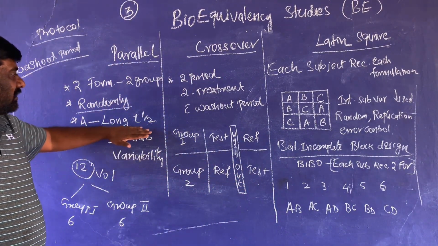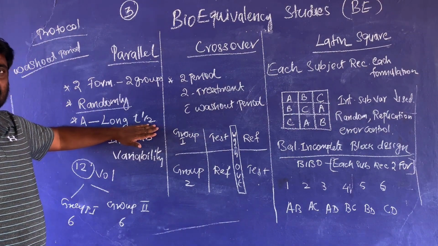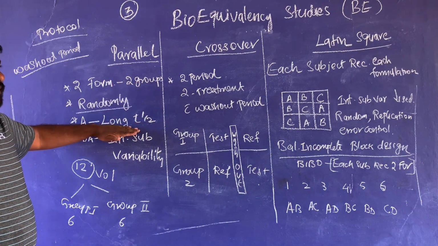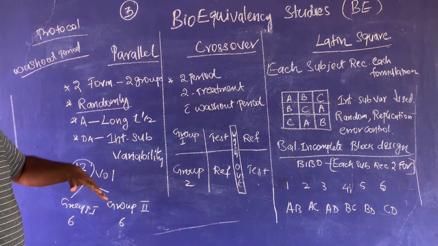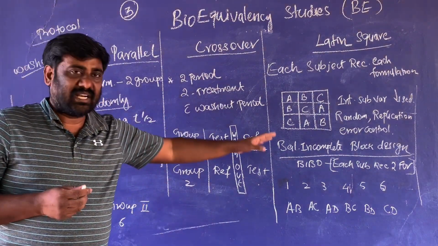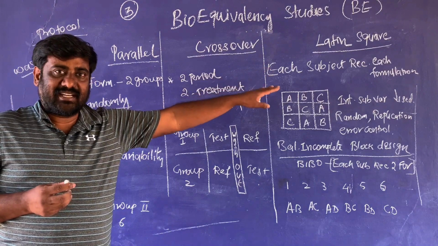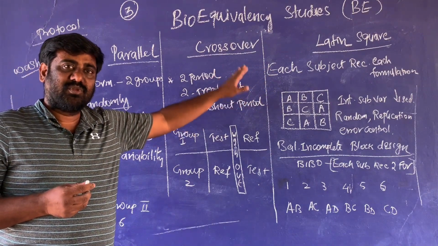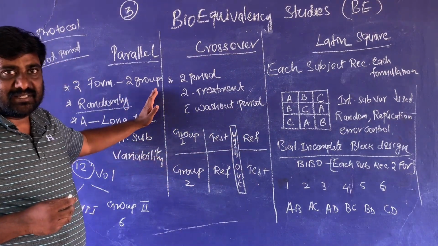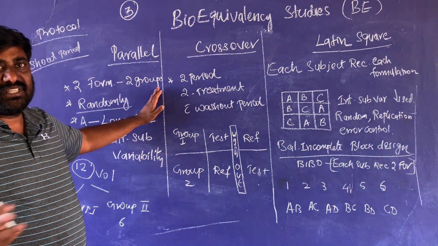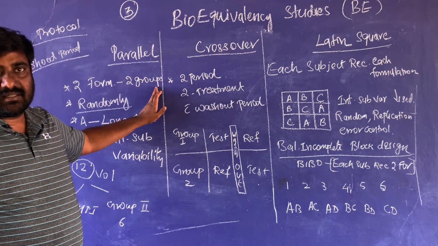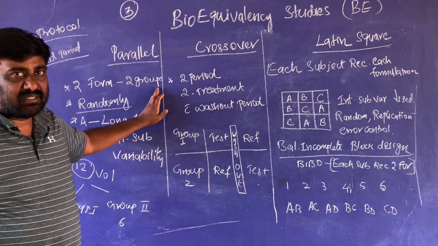However, long half-life drugs are studied by parallel design because of the study protocol. If there are 2 or 3 formulations and we do it in another technique, the crossover Latin square design, this consumes more time to complete the process. We'll see how that is. So this is the first method, parallel design. One group receives formulation A, another group receives formulation B. The study is completed, plasma drug is collected and checked, and that is evaluated.